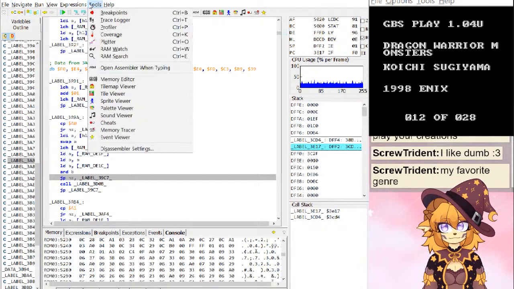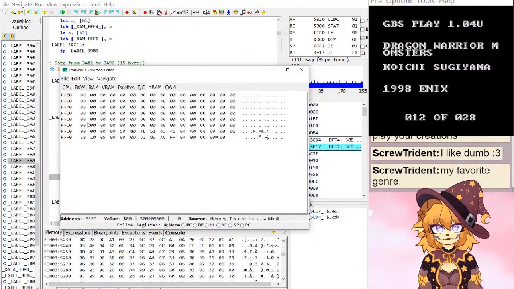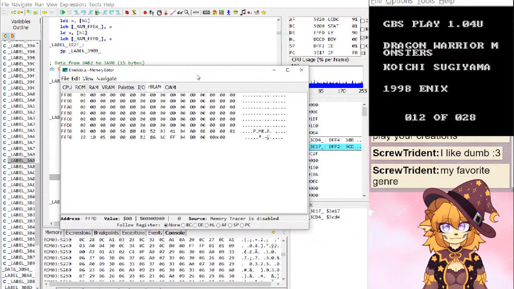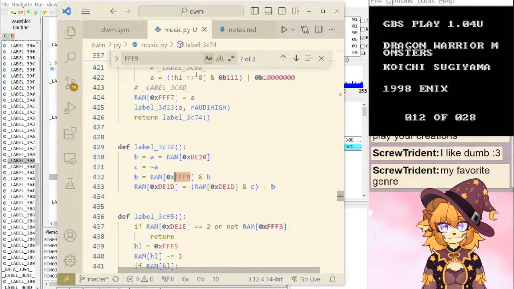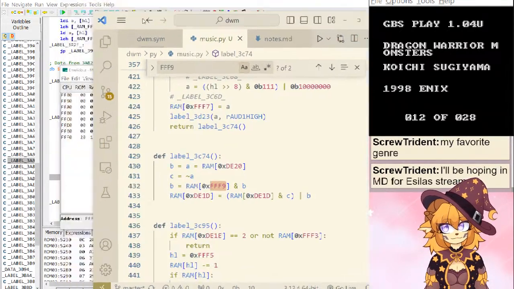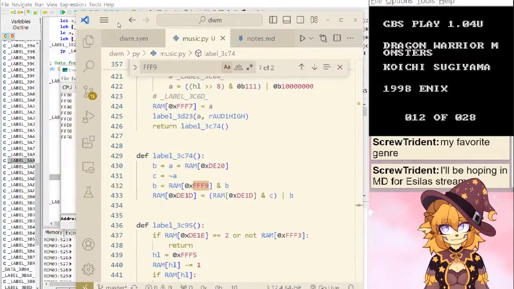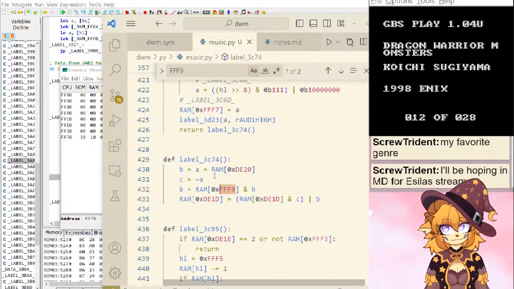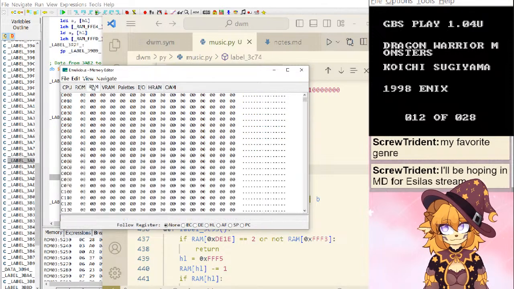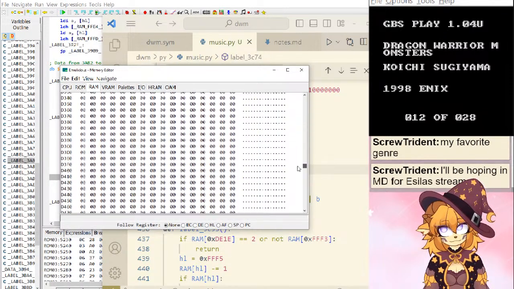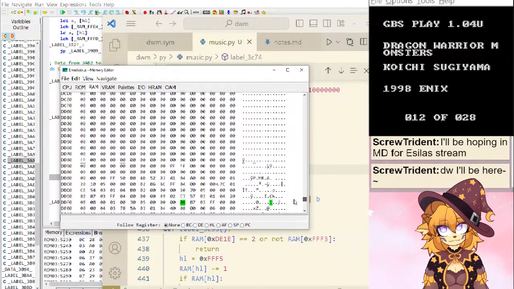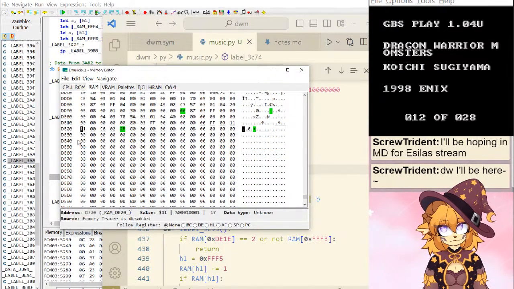Tools, memory editor. So, we got FFF9, which is currently FF. So let's center everything. And then DE20. DE20 is... yeah, 11.